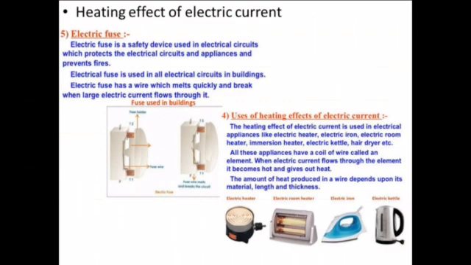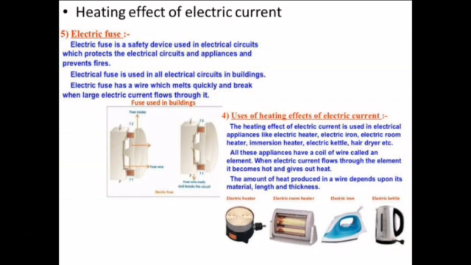Topic is heating effect of electric current. When we pass electric current through a bulb, our experience says that after a while it becomes hot. In the same way, by flowing an electric current through electrical appliances like an iron or heater, heat is produced. Here, electrical energy is converted into heat energy, which is known as the heating effect of an electric current. This happens due to the resistance.